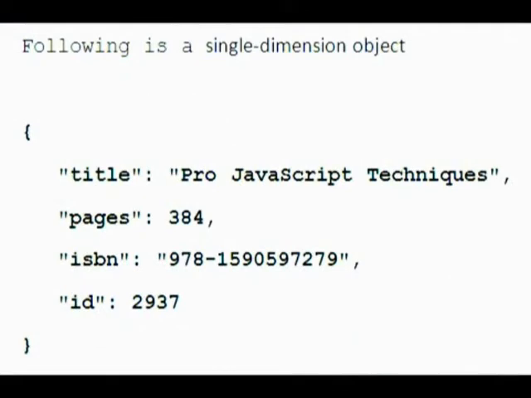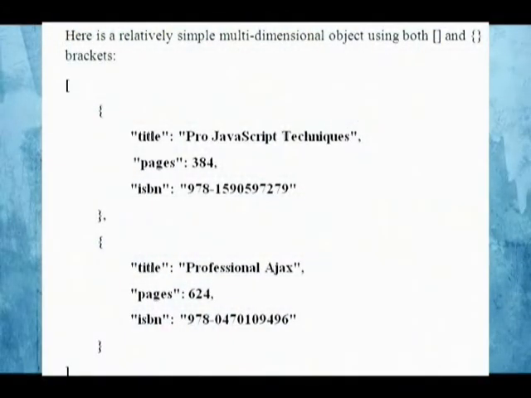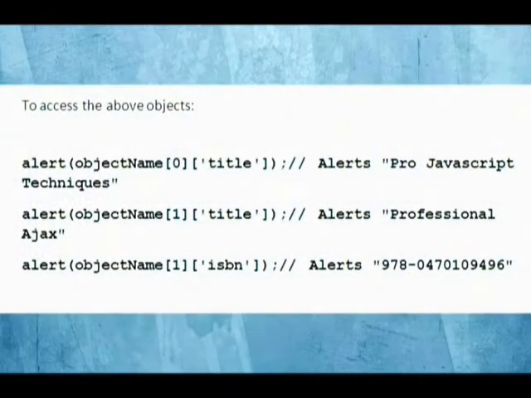Following is a single dimension object. Here is a relatively simple multi-dimensional object using both square and curly brackets. To access the above objects,